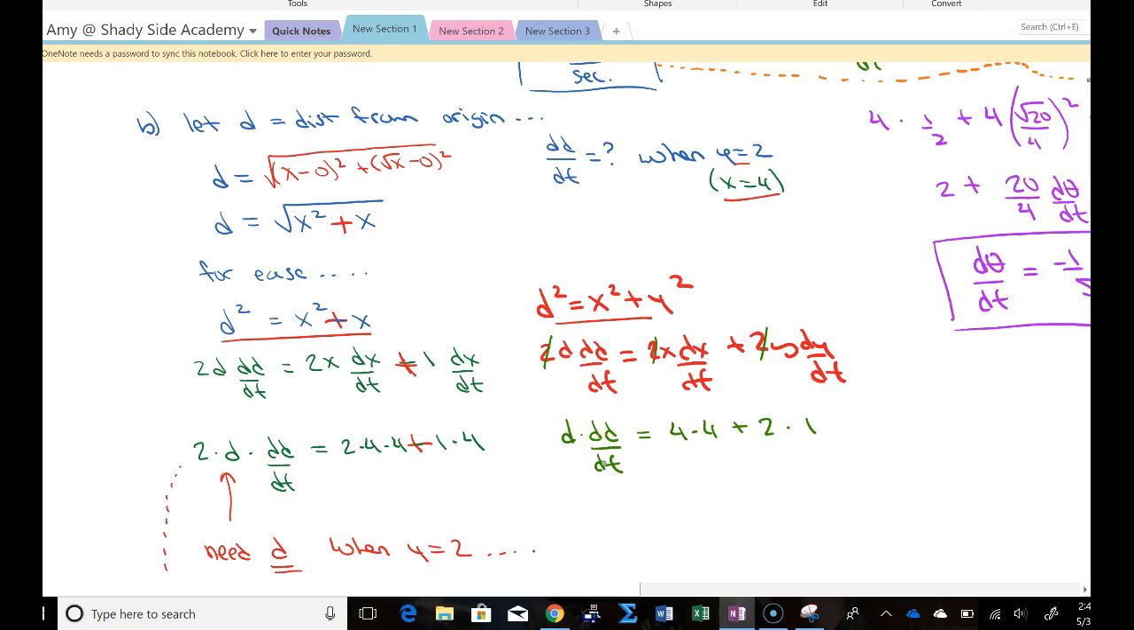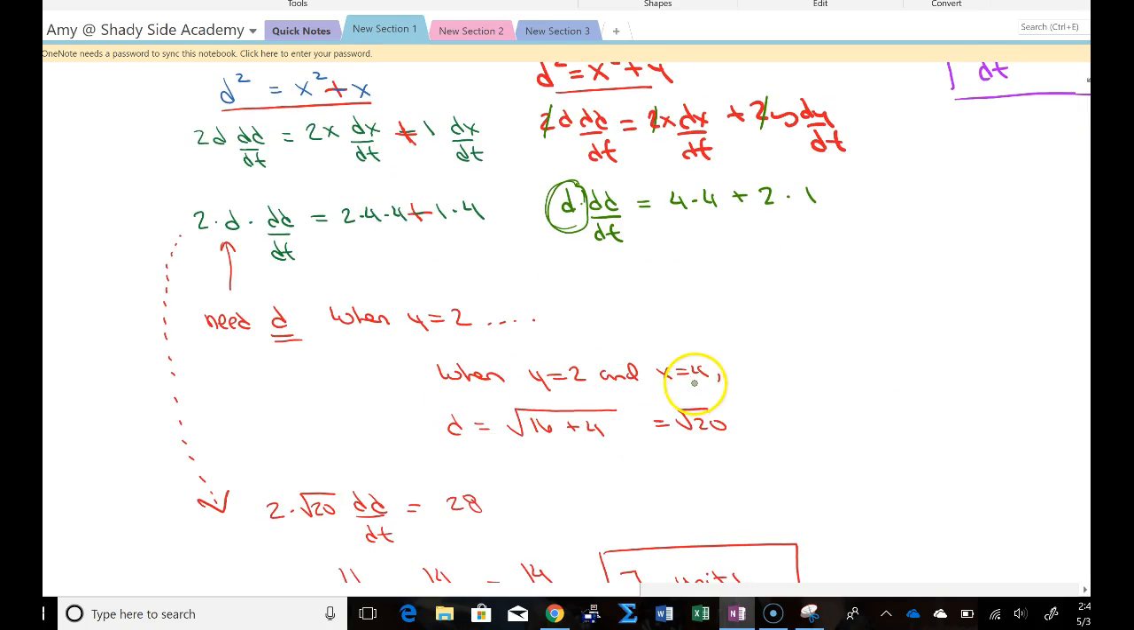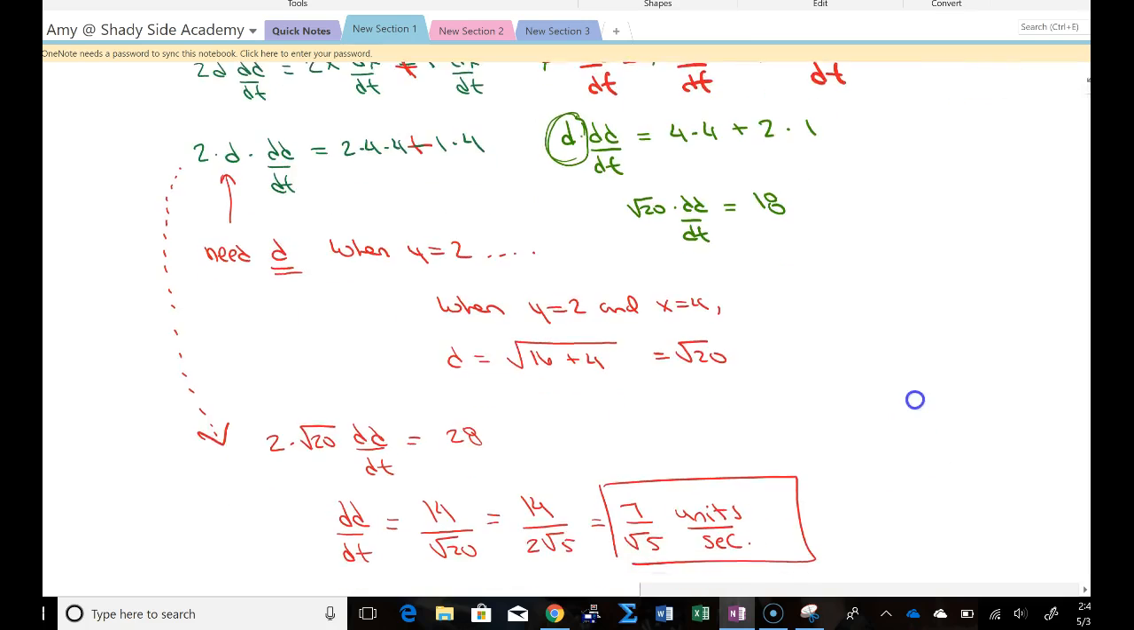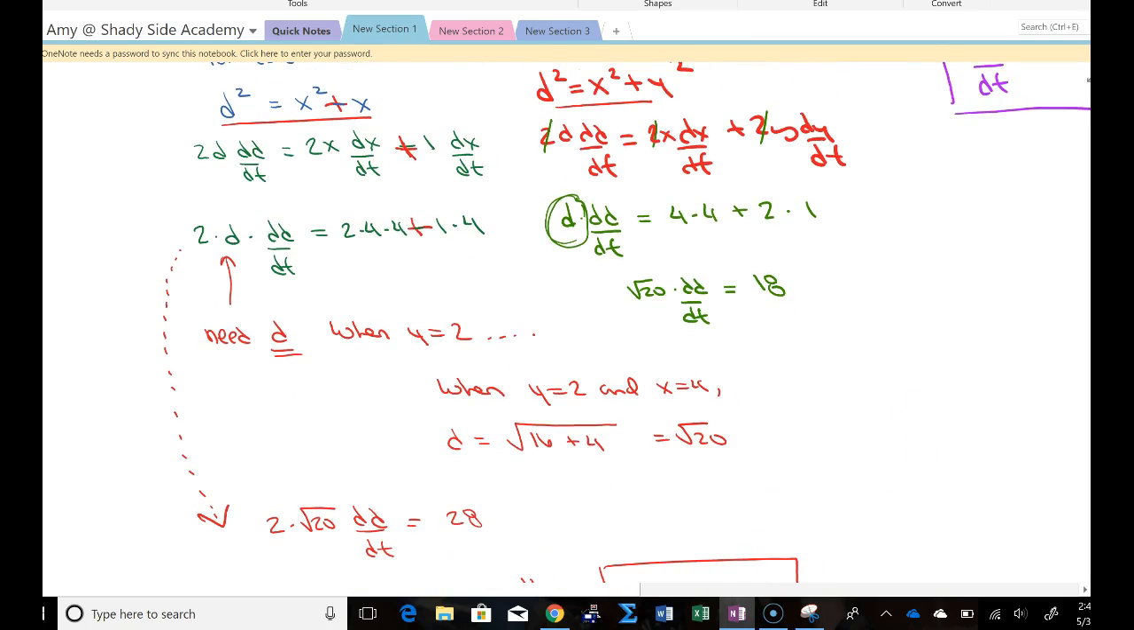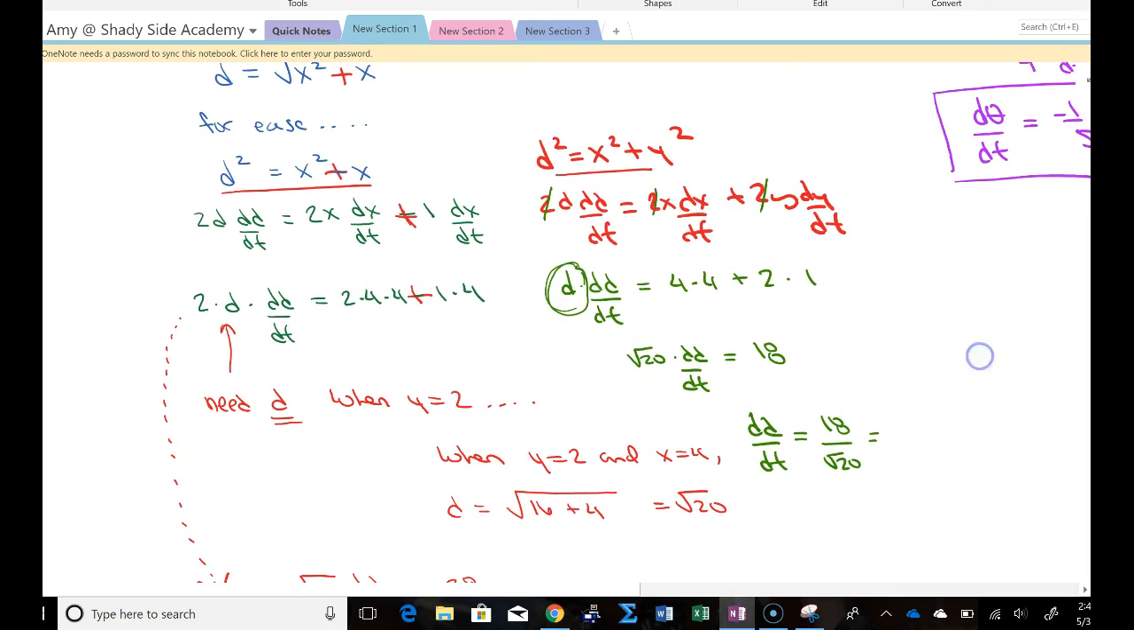The question, though, is I need d. Here's me saying, we need to find what d is at that moment in time. We need d when y equals 2. And I said, well, when y equals 2 and x equals 4, d equals radical 20. So what we have here is radical 20 times dd by dt equals 18. Okay? And when I then divide by radical 20, I get dd by dt equals 18 over root 20, which equals